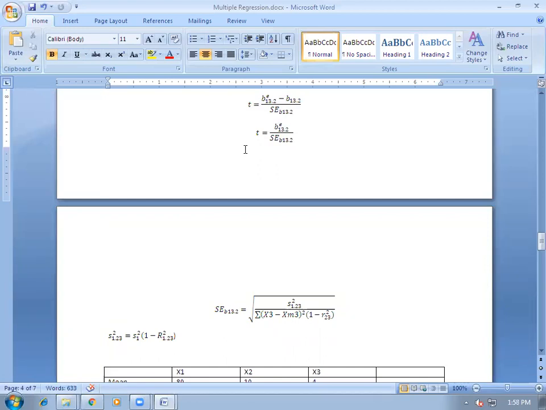a is constant, that is value of dependent variable when both independent variables are 0. So due to three estimates, we will subtract 3 from the number of observations to calculate degrees of freedom.